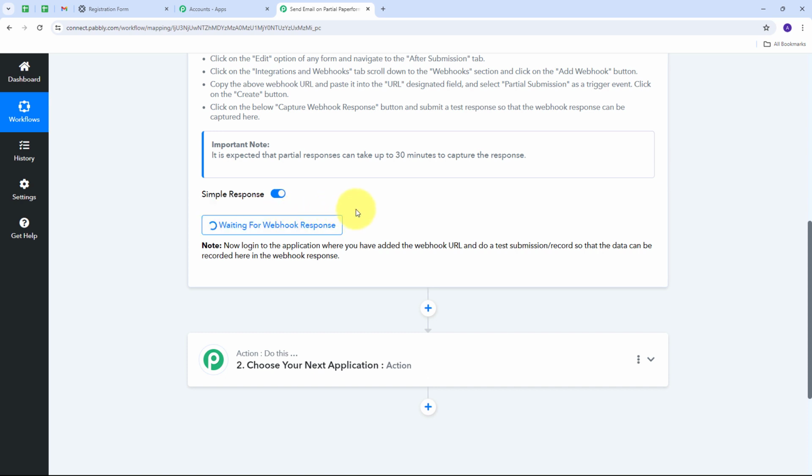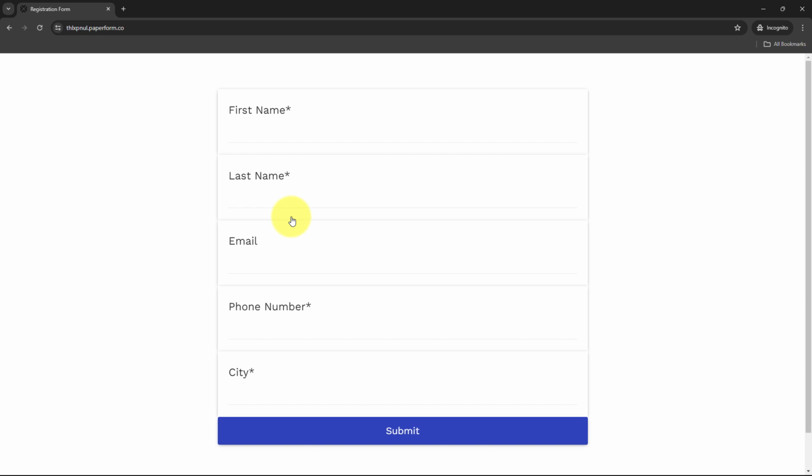So how are we going to get this webhook response? For that we need to make a partial submission. For creating the partial submission, I need to first open my form. So I'm going to take you to my form, and this is my form. Here I'm going to fill the partial detail, and first I'm going to give my first name. So my first name will be test, last name will be user, email will be